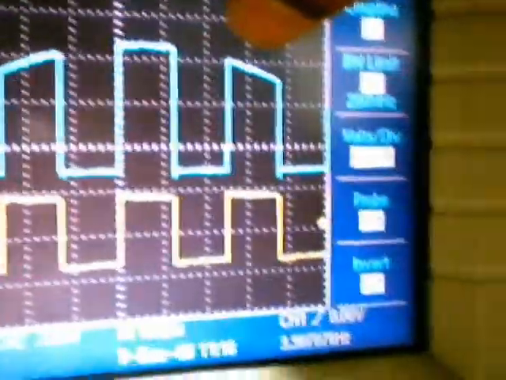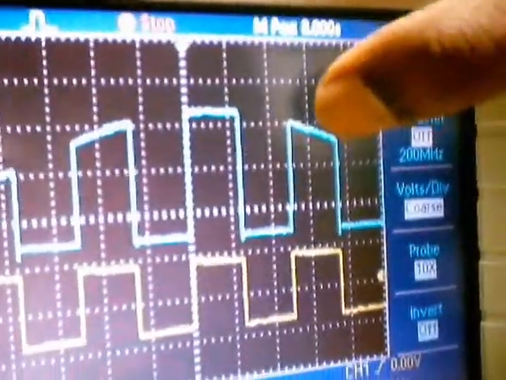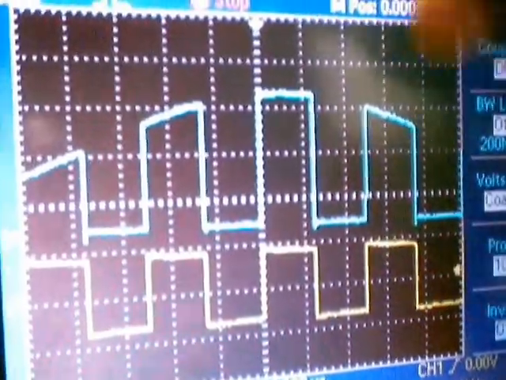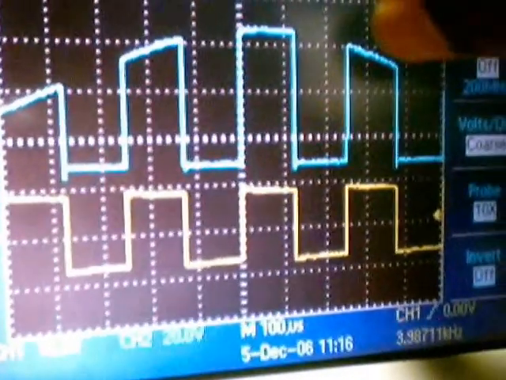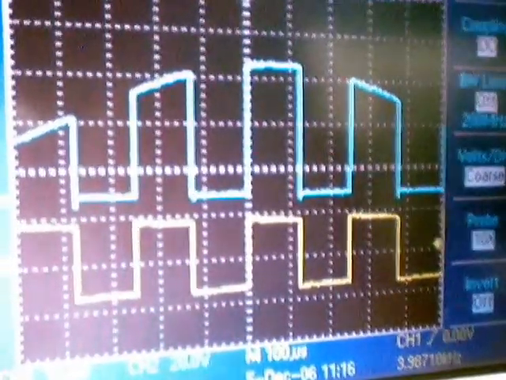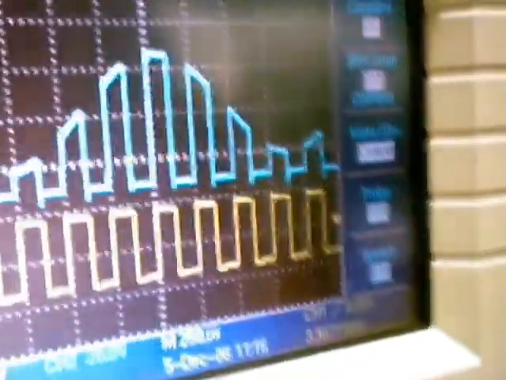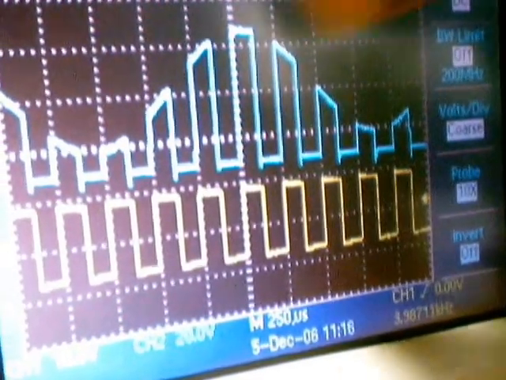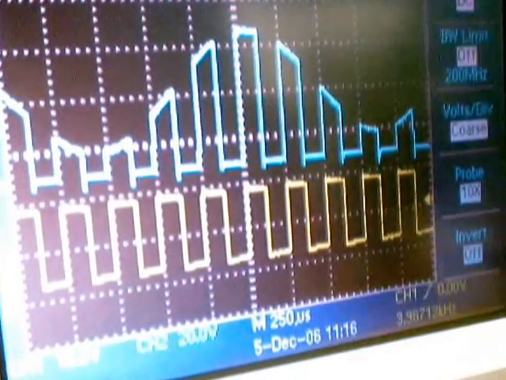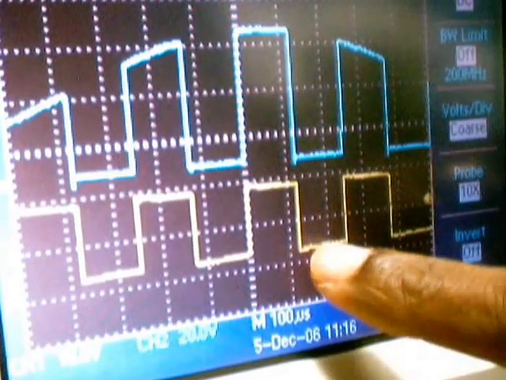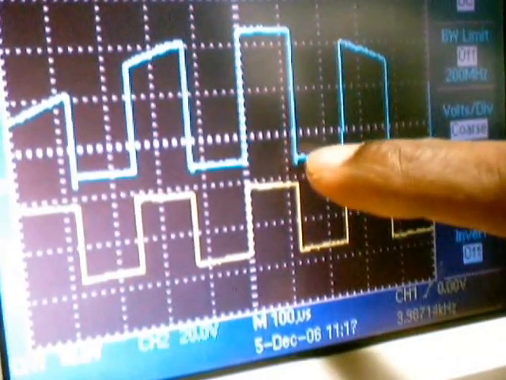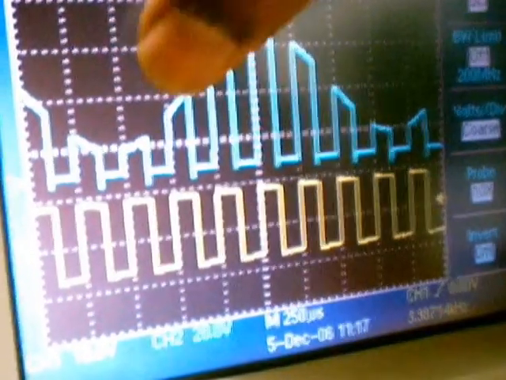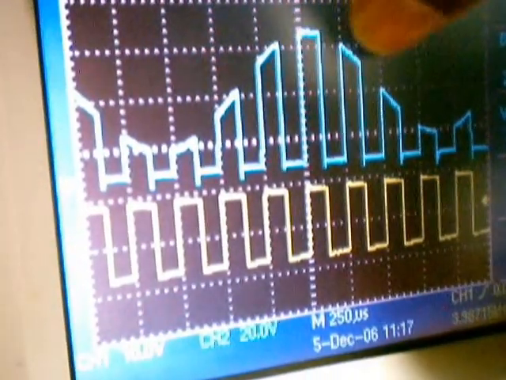You can make out exactly in this waveform that when the carrier signal is in the positive half, you can see this shape. So this is the sample of your modulating signal. Likewise you can see for the entire positive half it is sampling the modulating signal. Whenever it is the negative half cycle, you can see the transistor is off, that's why the output voltage is 0. So whatever I'm getting is a PAM signal where the pulse amplitude is varied according to the amplitude of the modulating signal.